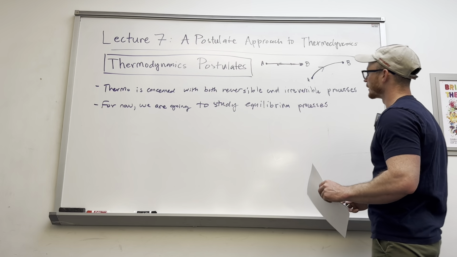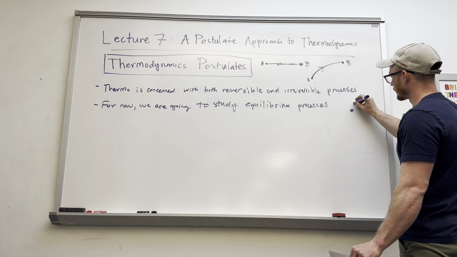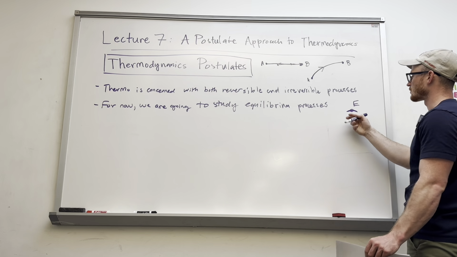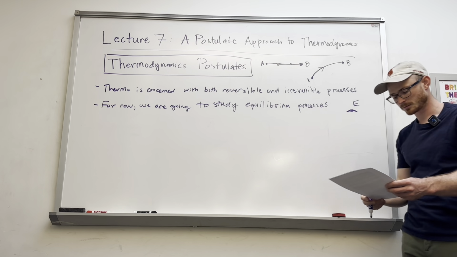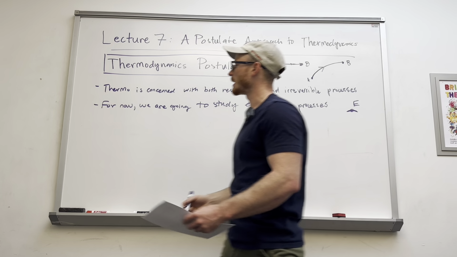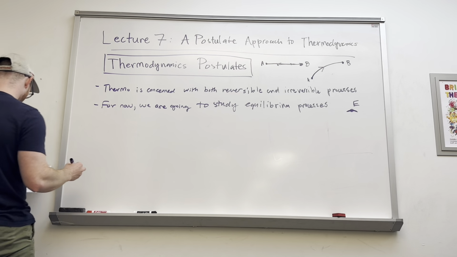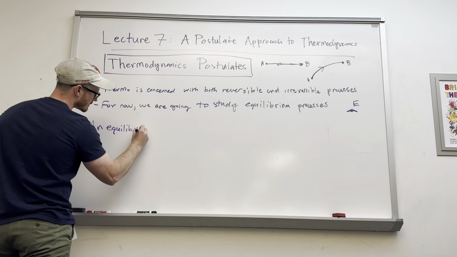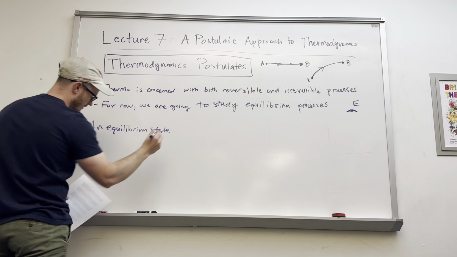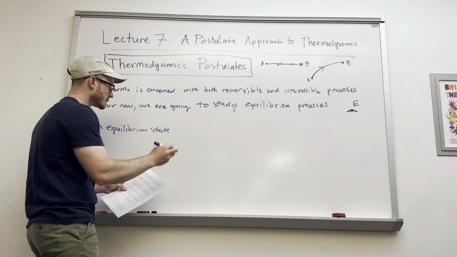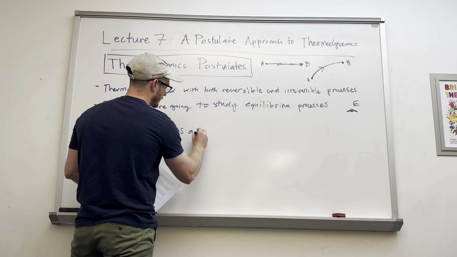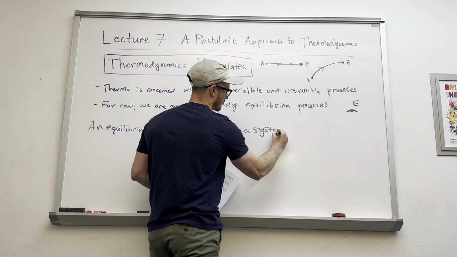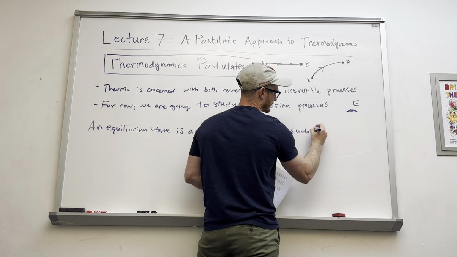Now, a system at some state of equilibrium bounces around; it fluctuates in its properties around that equilibrium point, right? And for now, our working definition of equilibrium: an equilibrium state is a state of a system such that